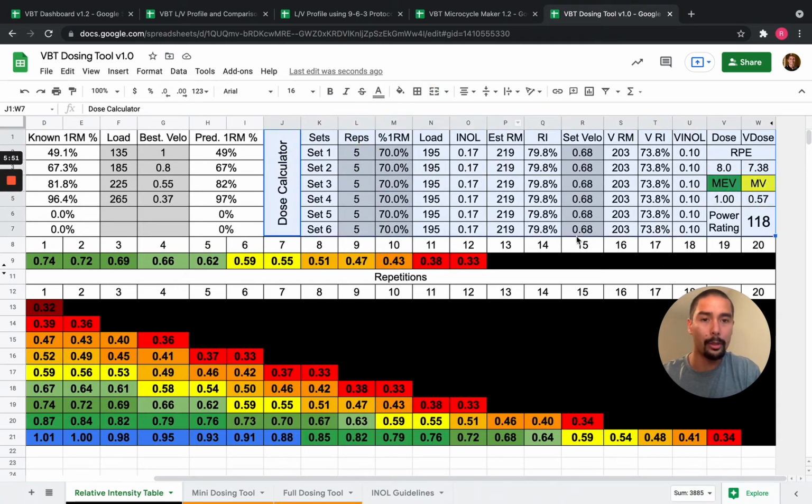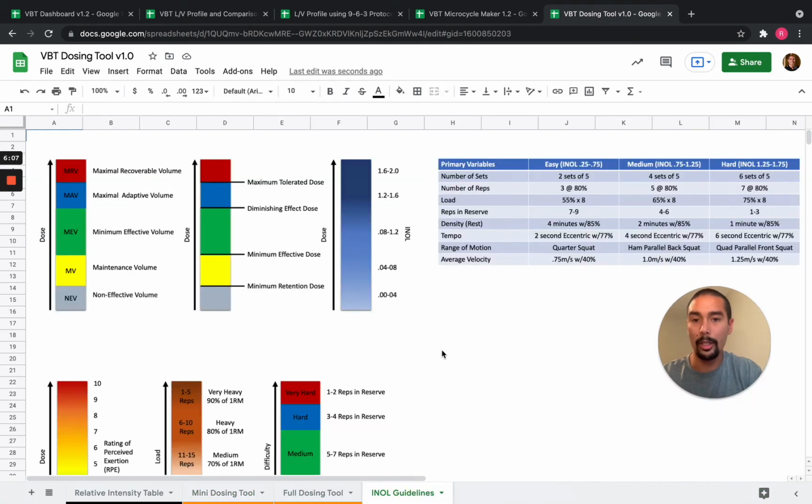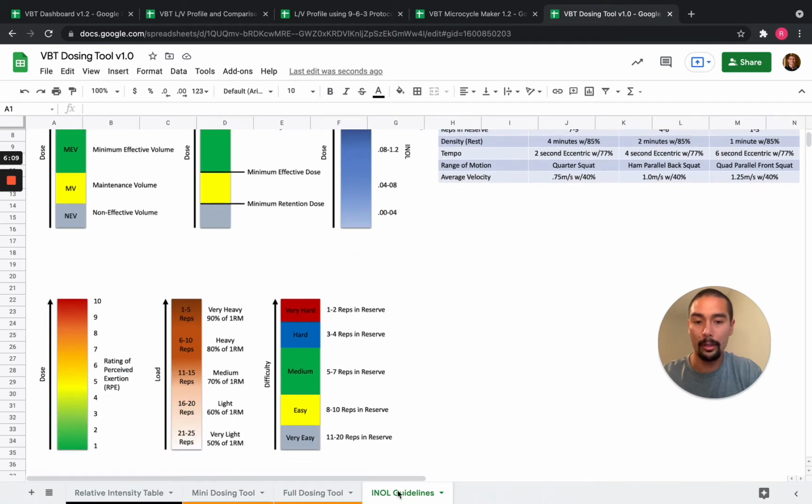use some of the dosing metrics and get relative intensity, velocity, rep max, and things like that, it's all here based on each set on the INOL score. And I know this one is locked in for sure, so we'll move on to the mini dosing tool and the full dosing tool. And if you have no idea what INOL even refers to, there's a little guidelines tab